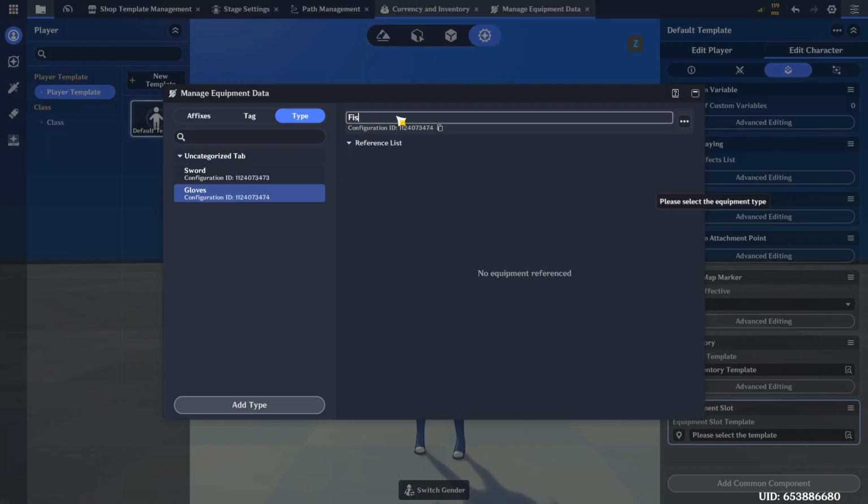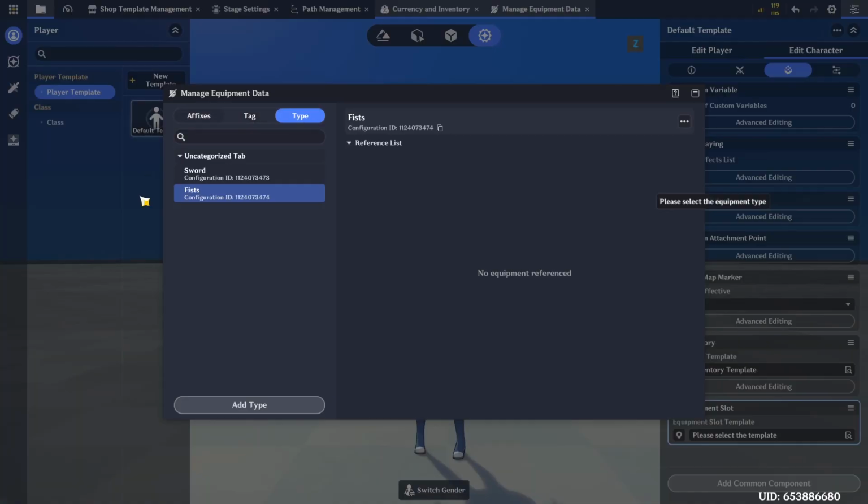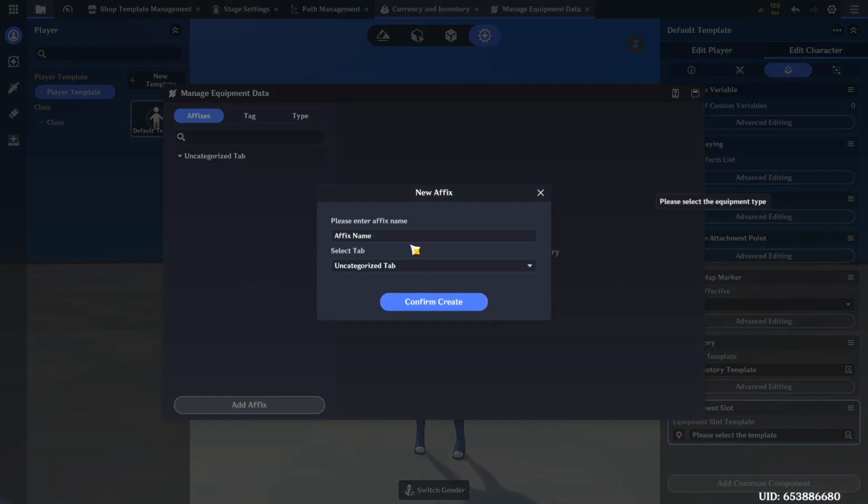Actually, it needs to be fists because gloves could be literally gloves. So let's just have it be as fists. And since we are here, let's also create an affix for our sword. So let's go to affixes, add affix, and let's name it flame sword